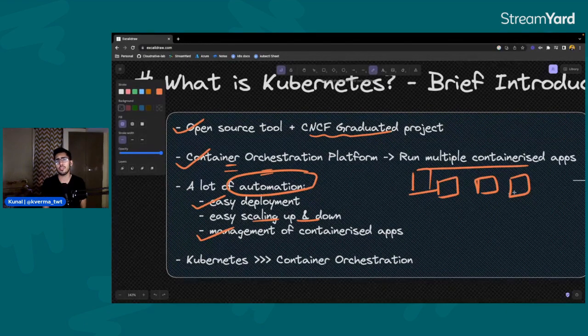For example, a real world application like Twitter or Instagram, now Twitter is x.com, but these big applications in the industry do not run just a single container. They have multiple thousands or even 10,000s of containers running at the same time. So that is one of the best use cases when you've got to use a tool like Kubernetes to manage all of these containers at a single time.